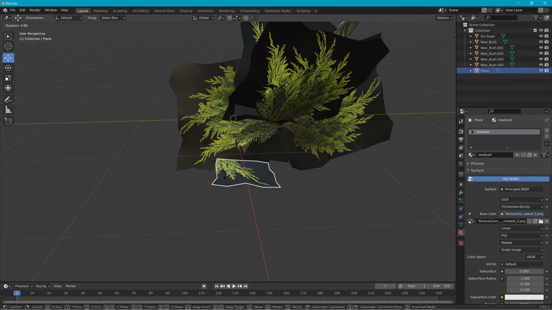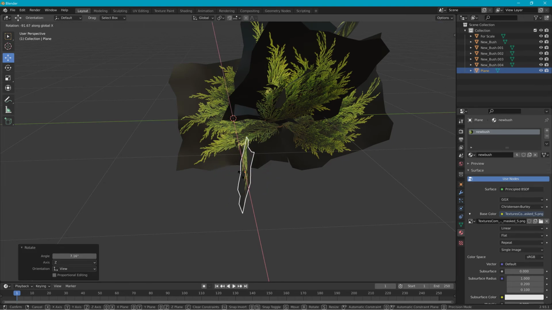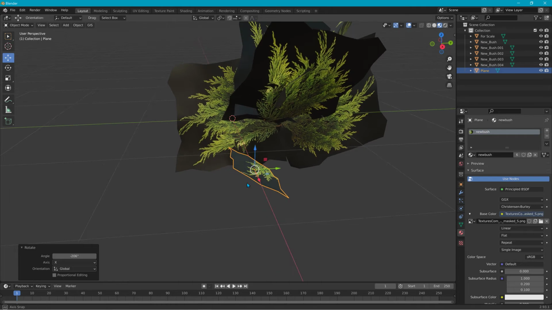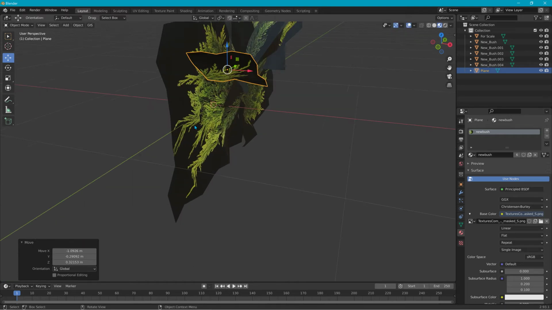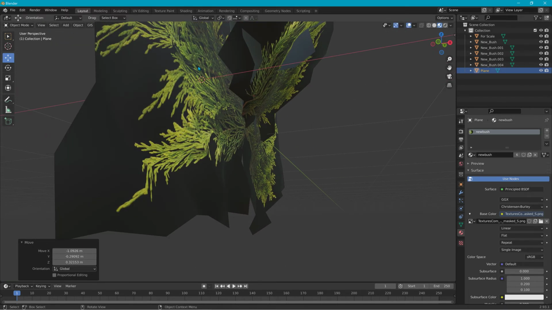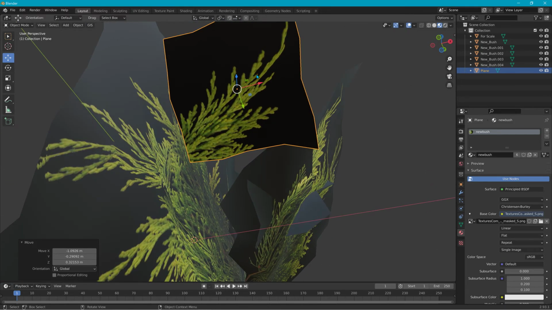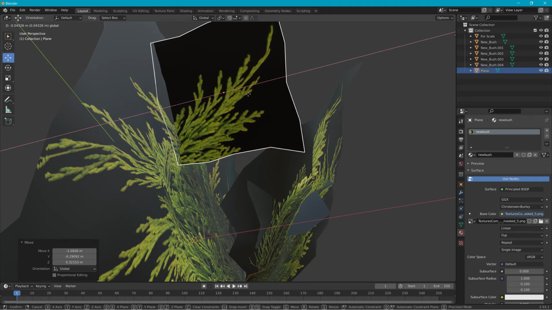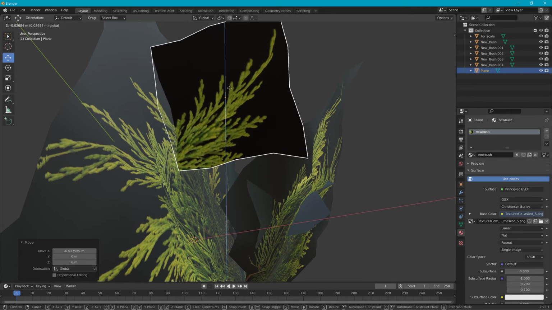So now I'm going to rotate this little piece around. And I'm going to make several copies of it. I'm going to try to move it into a few of these little spots here and there. Kind of look like